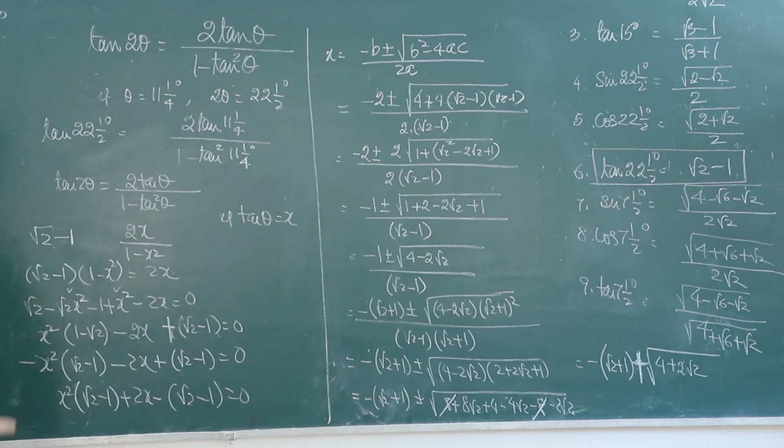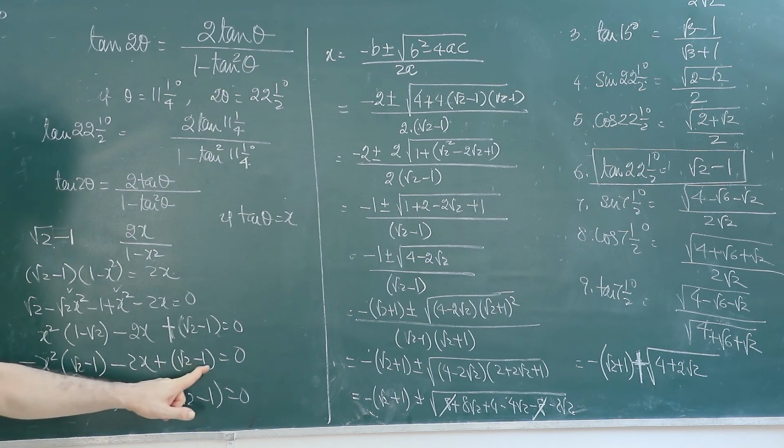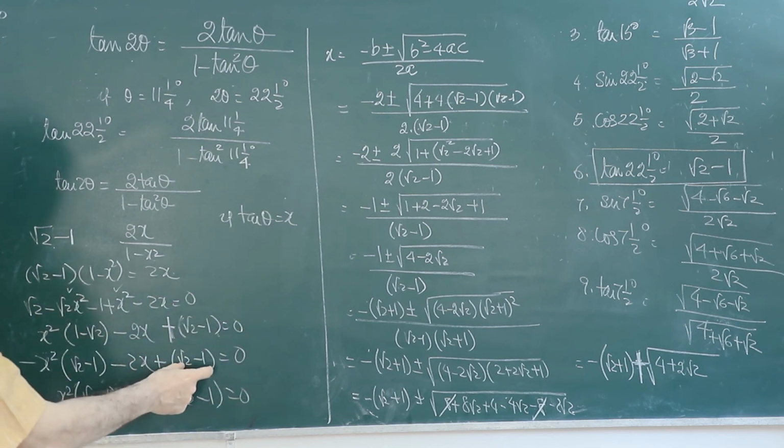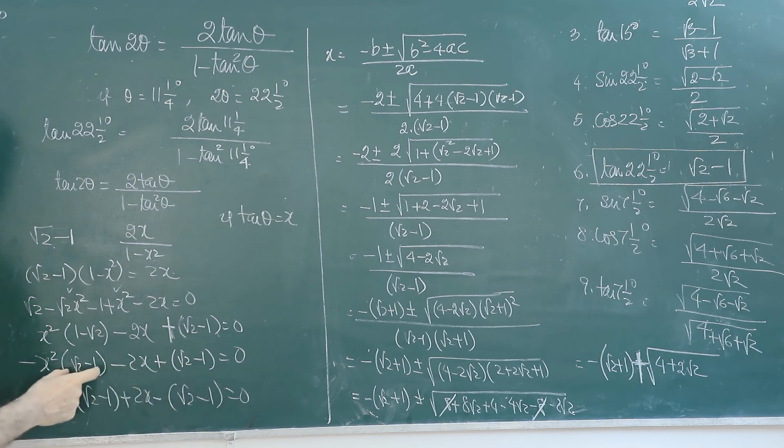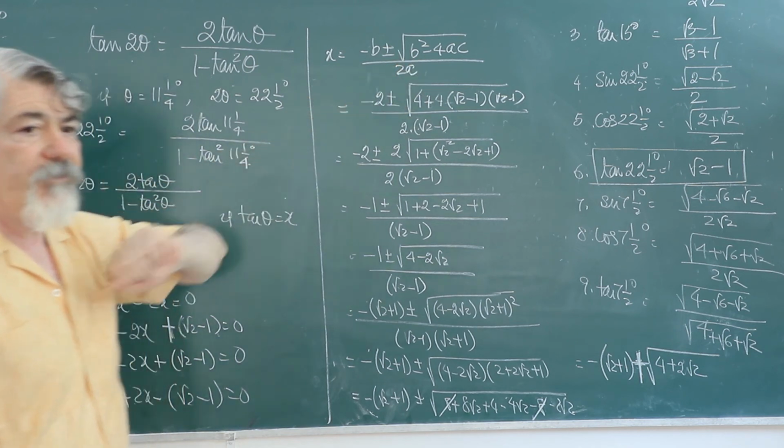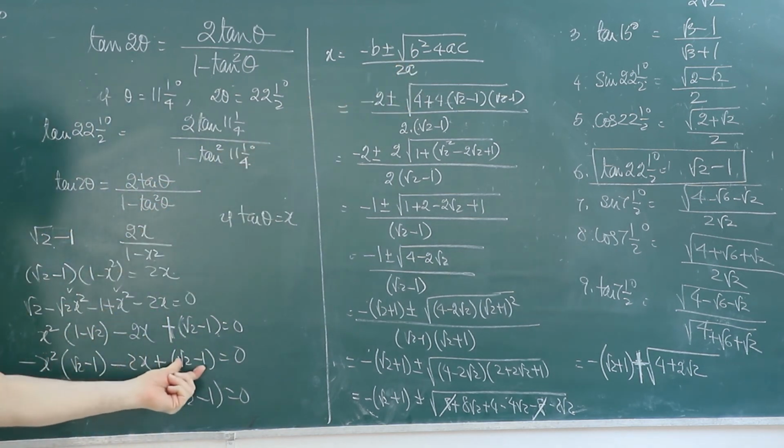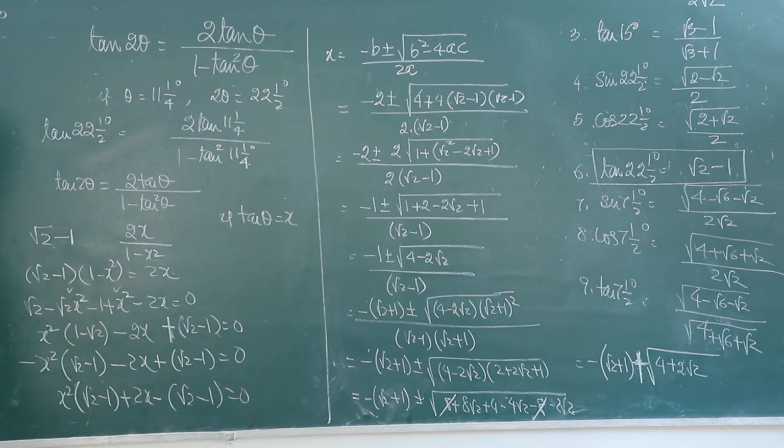Now what I did was, I took minus sign outside here to make it the same, 1 minus root 2, to make it into root 2 minus 1, I took it like this, minus x square I took out common, it becomes root 2 minus 1 minus 2x plus root 2 minus 1 is equal to 0, so that these two terms become same. That will be used later on when we will say 4AC. When we will use 4AC in that formula, A is this, C is this, so they will become a square.